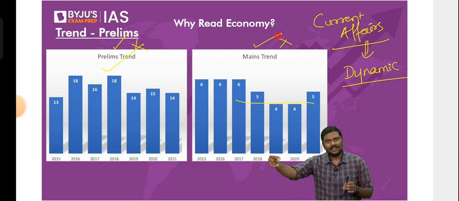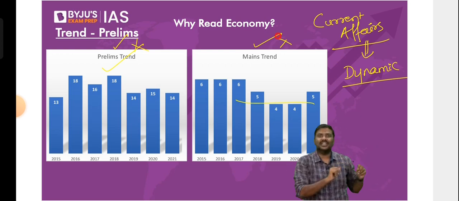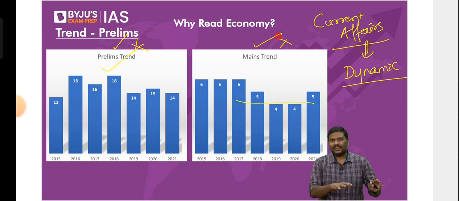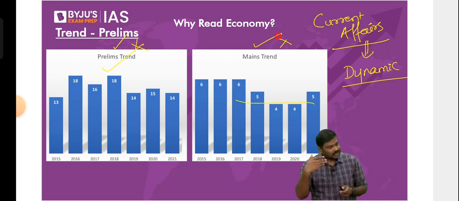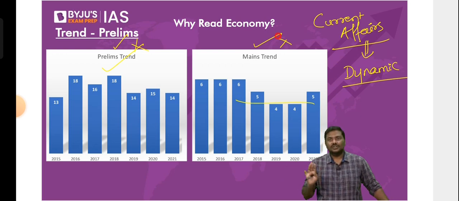When we discuss individual chapters, for example, when I discuss, let's say, taxation, we look at the kind of questions which have appeared in the last 3 or 4 years on GST, on taxation, and we will solve those questions. Don't worry about the MCQs also. Last couple of years, what kind of questions have been asked from different chapters in the form of multiple choice questions? We'll have a look at it. We will solve those questions. So you don't have to worry today itself.